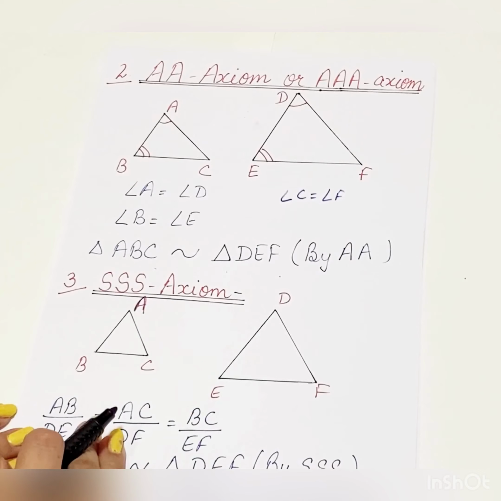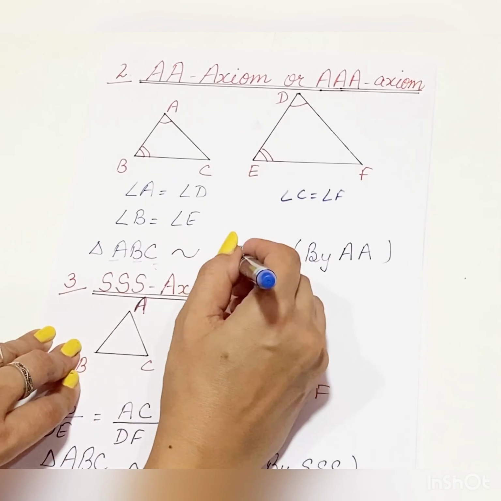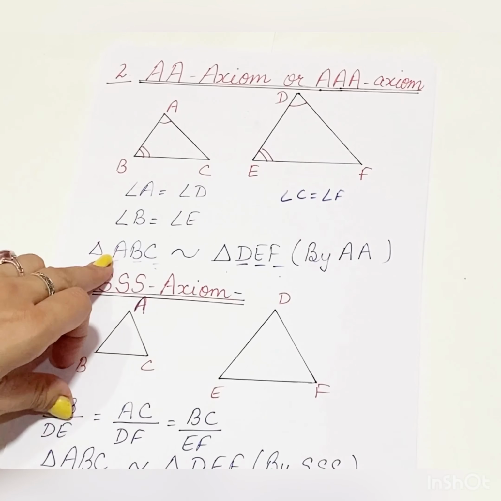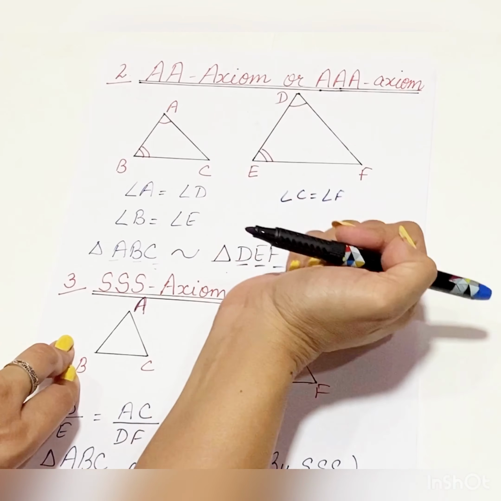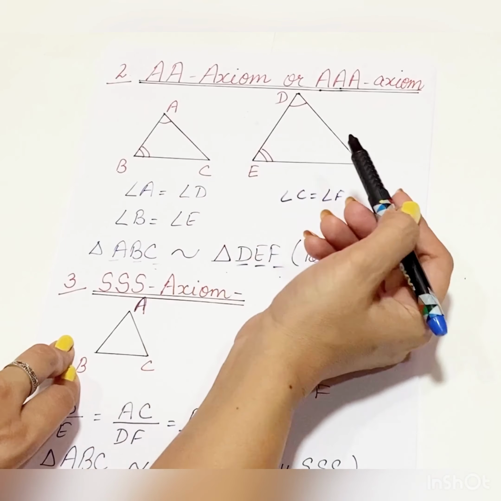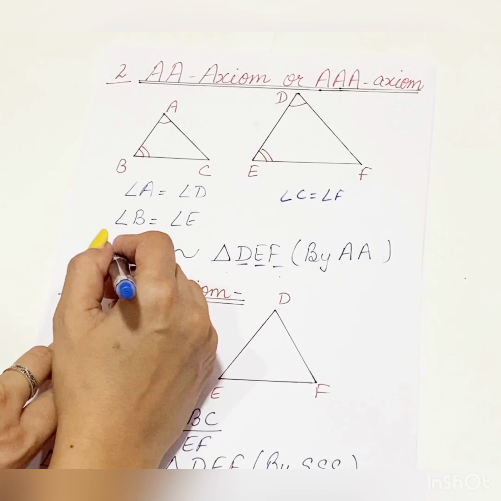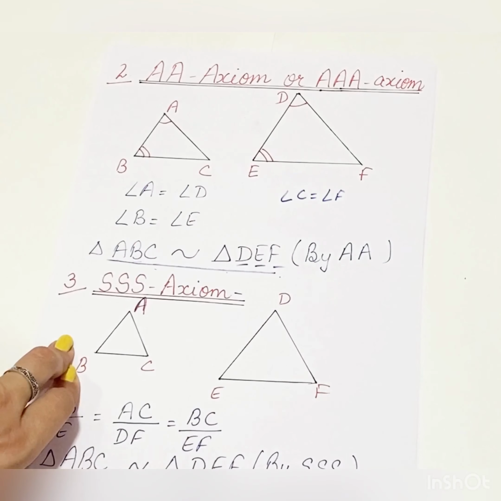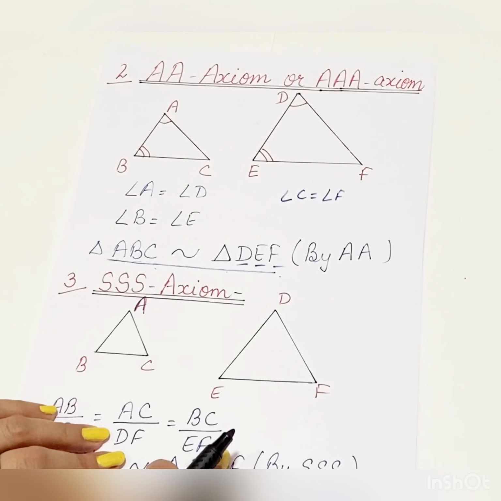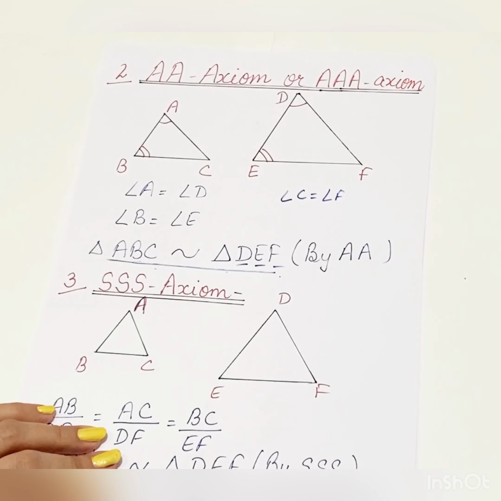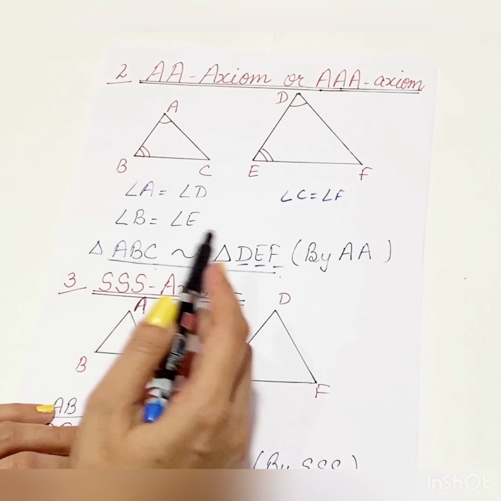Children, one very important thing in similarity is that we should make it a habit of writing the corresponding angles or corresponding vertices. Like in this, angle A is equal to angle D, so these are the corresponding vertices. B is equal to E, so these are corresponding. Similarly, C is equal to F. Why is it important? Because once you write triangle ABC is similar to triangle DEF, when you have to write the ratio of the corresponding sides, the corresponding vertices are very important. If you write them as corresponding vertices, then it is easy to write.